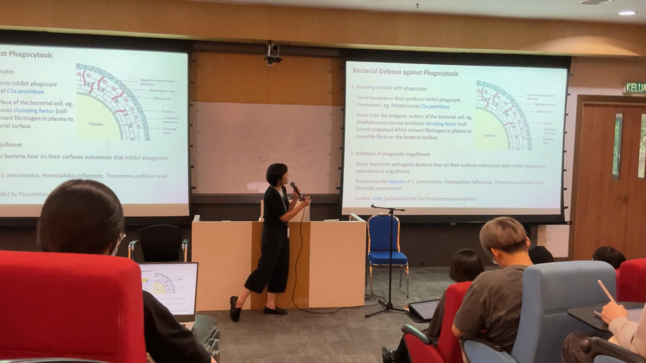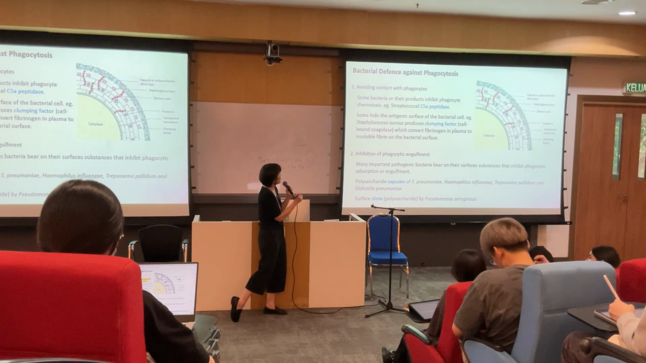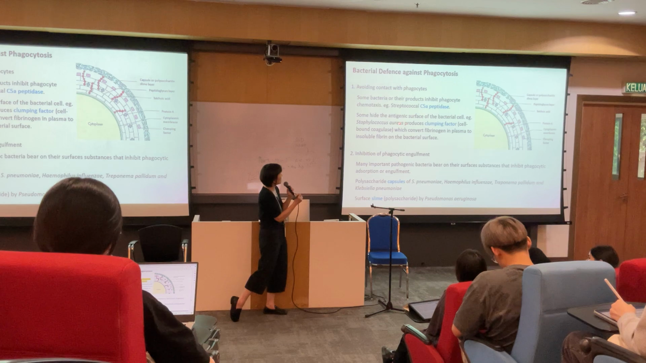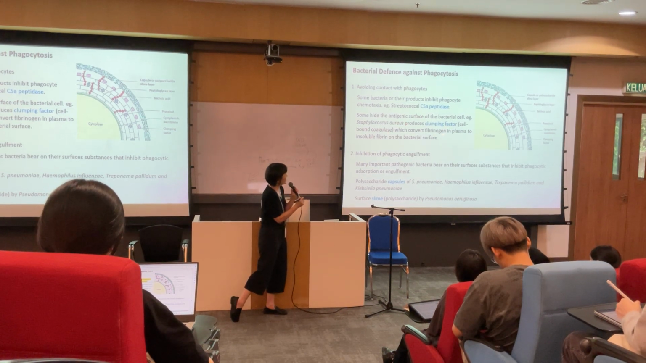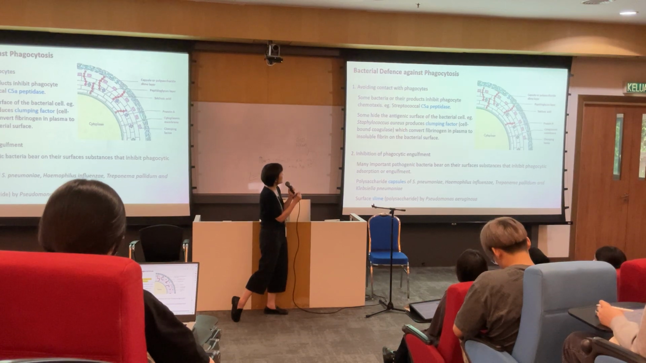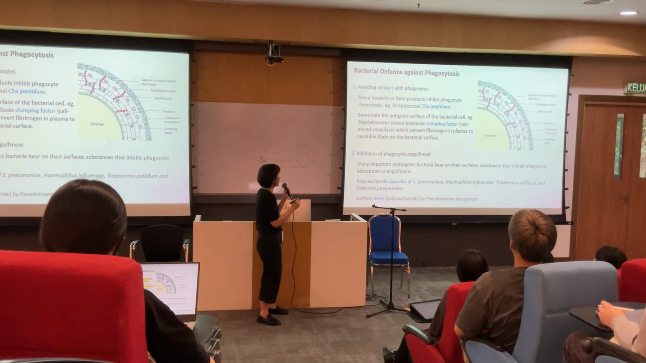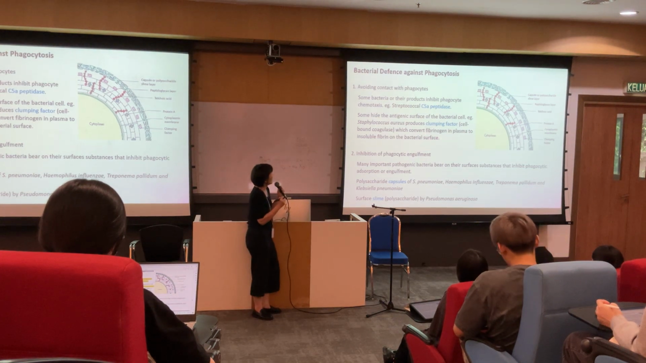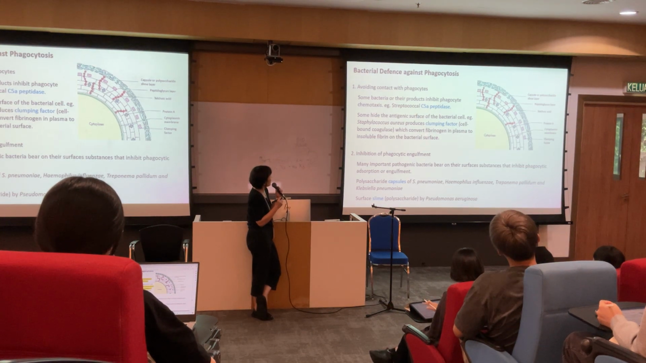So therefore it's cell-bound. There is another coagulase also released by the Staph aureus. That one is the so-called free coagulase, but it's not mentioned here. So this one is only the cell-bound coagulase. What happens with this clumping factor? It can convert